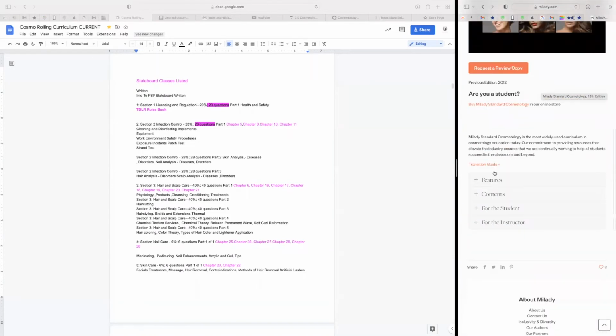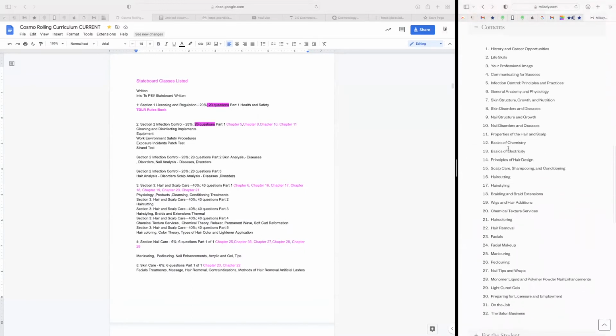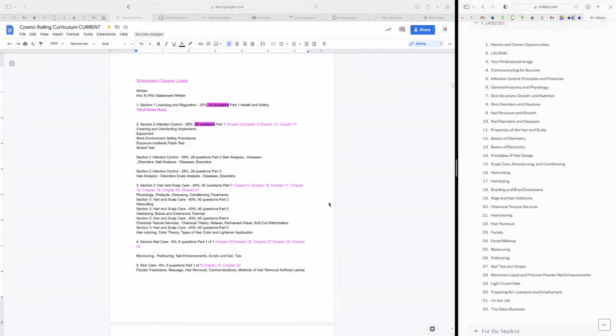Okay, and here are the chapters according to the 13th edition. So the chapter names might be a little different, but essentially, if you are using a book, the way you would work this out is, for example, section 2 over infection control with 28 questions is over cleaning and disinfecting